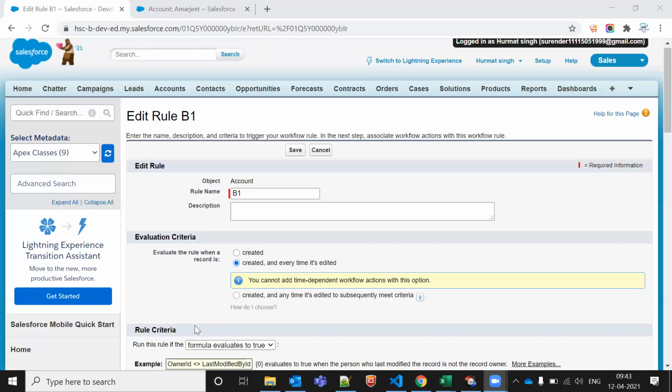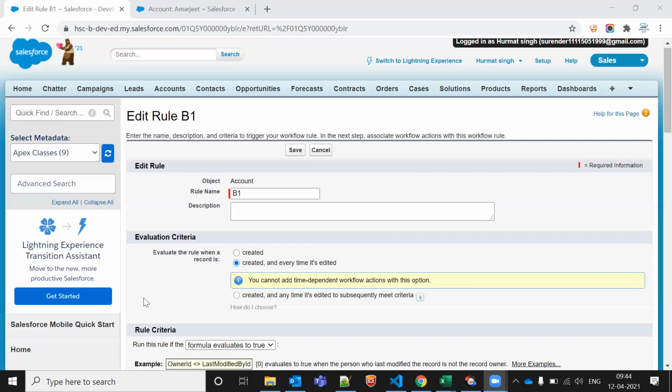But here we just want that whenever any record is getting created, this account number should be set. So we don't have to check any conditions. That is why he is just making the workflow true, so the workflow fires and the field is getting updated. That's it. We are not checking any conditions for this. Okay, fine. Got it, Amarjit.